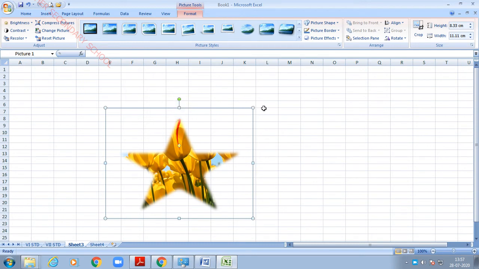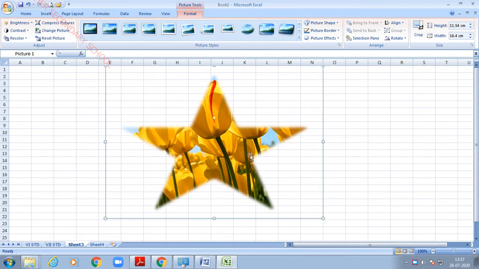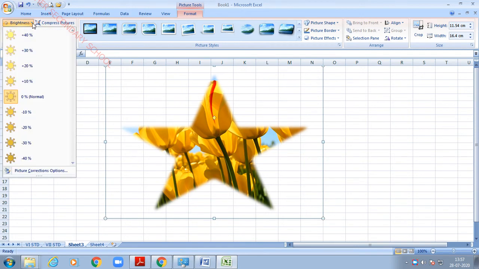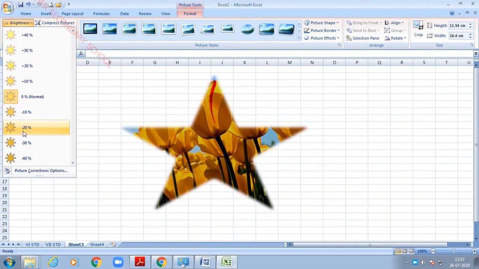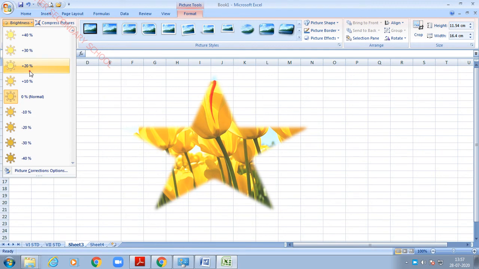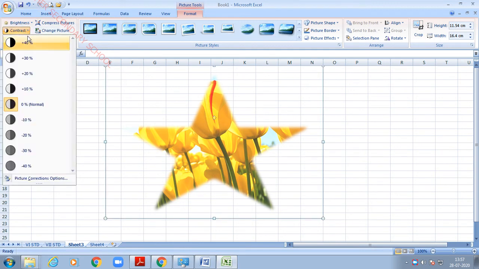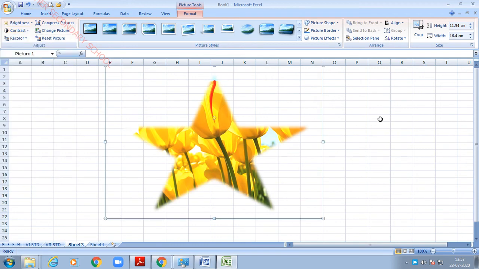Okay. So if you like to increase the size of this picture, you can increase. How will you increase? In the same way, you have to place the cursor on the corner and drag it. So like this, you have to increase the size of the picture. And also you can give the brightness. Here we have a brightness option. Once you click this, here we have options. Can you see the difference? So according to the value, it will change. You can give the brightness like our television. And also we have a contrast option. Okay, like this we can give.